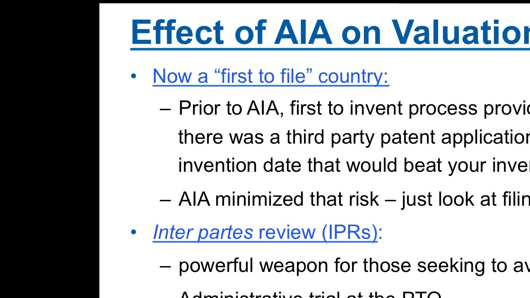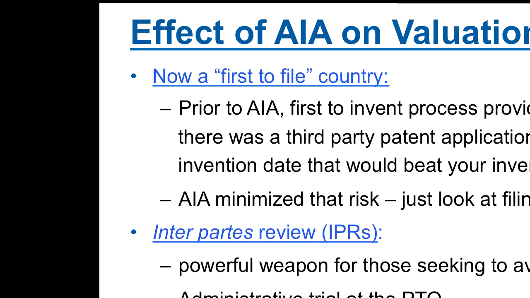A new process, which you may be familiar with, is the inter partes review process. It's very popular, and probably going to be even more popular. It's basically an administrative trial down at the patent office. There's discovery, there's argument, there's a hearing. It's different from what the process used to be. It used to be an ex parte process, which you can still do, where you send in your prior art as a third party and say, you should reopen this prosecution because these patents are invalid over what I'm now sending you.